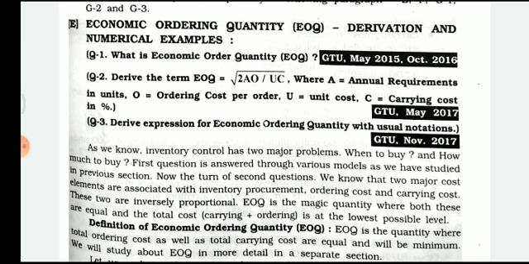These are two inversely proportional quantities. EOQ, that is economical order quantity, is the magic quantity where both these are equal and the total cost of carrying and ordering is